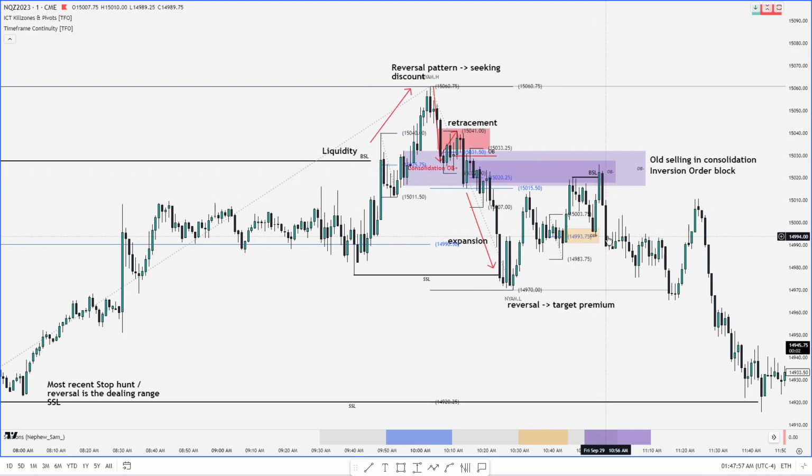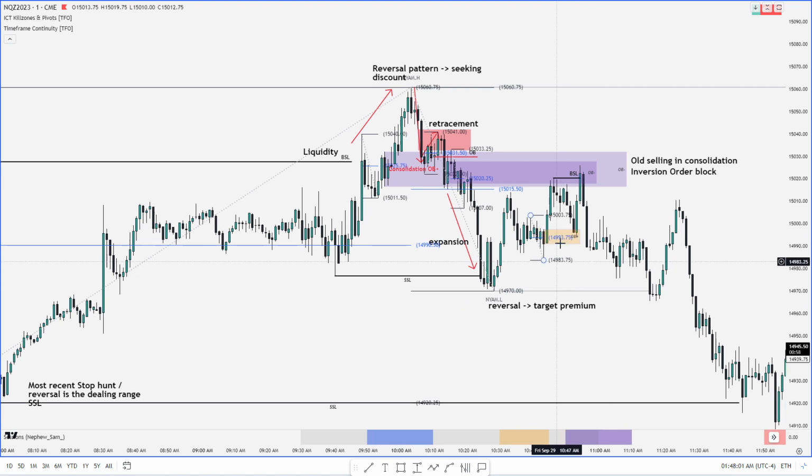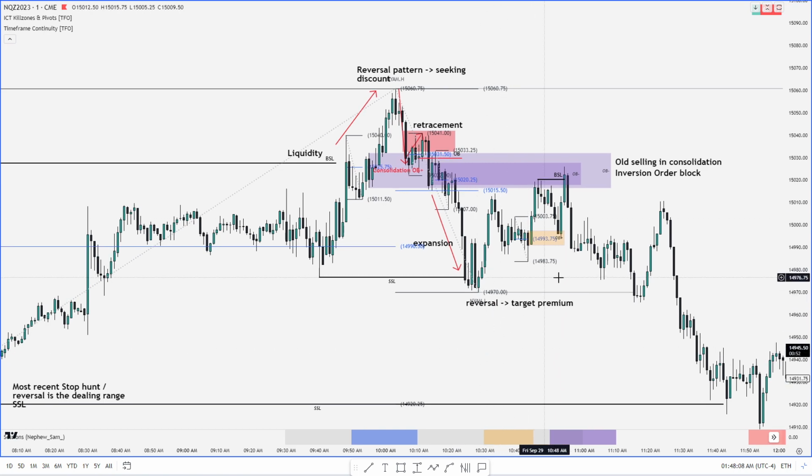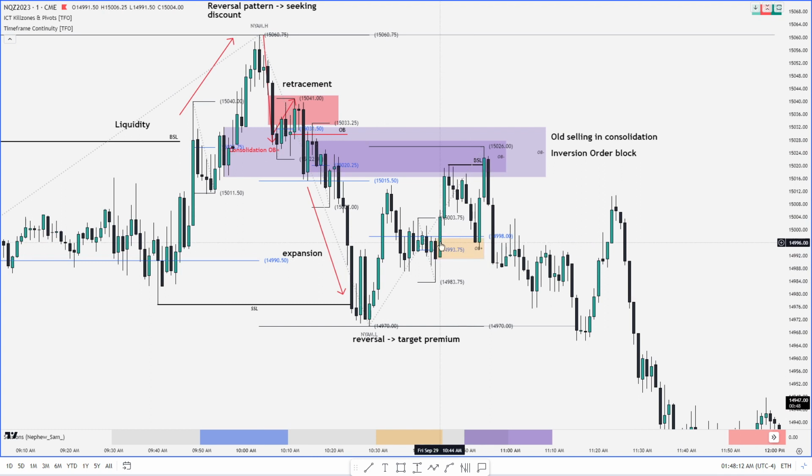Trades back lower for sell side liquidity, as well as this is a stop hunt, right? This is a stop hunt to previous stop hunt. Here you go. This is where it gets intricate. Low to high, target discount. So there's your stop hunt right here. So you look at this price leg. So anything below